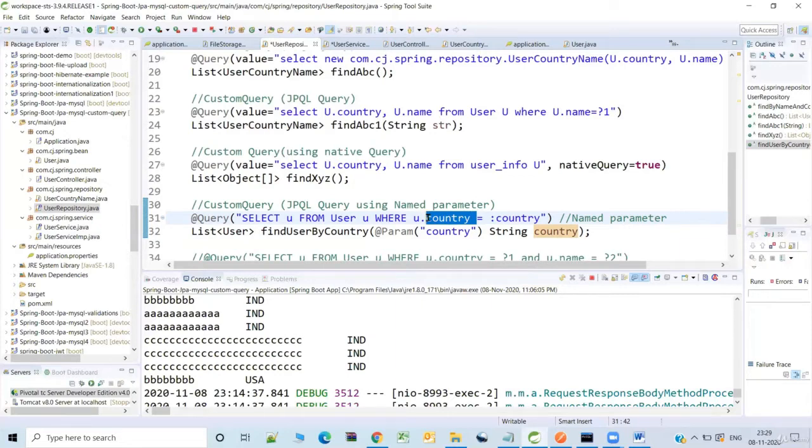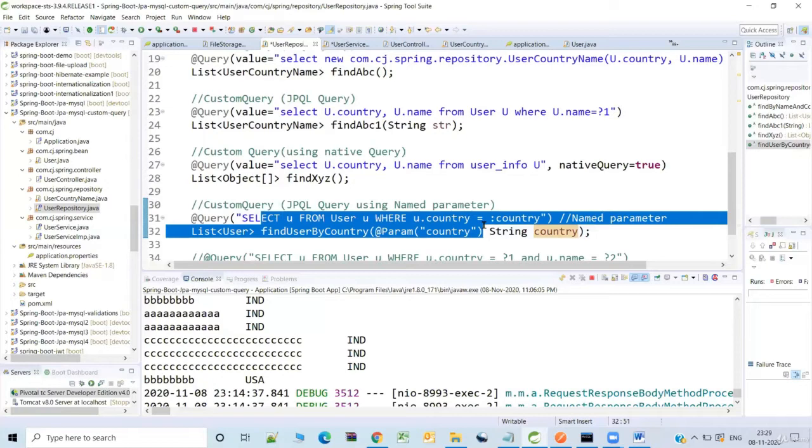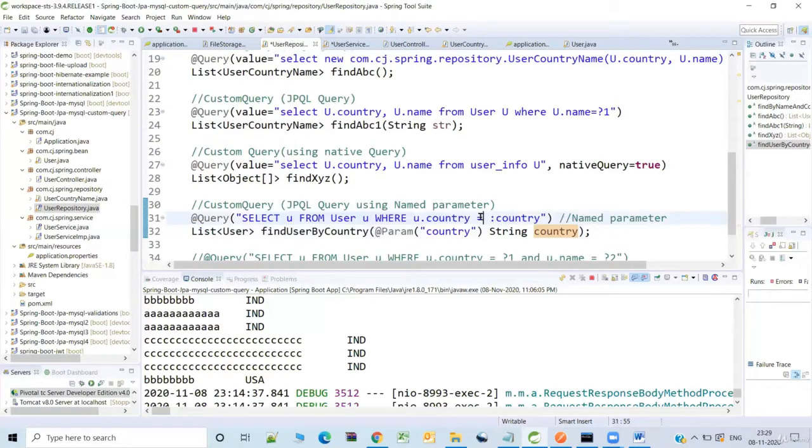Okay. Now the question is, what is this column country? See, here I'm trying to select all the users who have so and so country. It is not a like operation. It is exactly equals. Right. See here, I'll be receiving the country and we need to use the @Param annotation and give some alias name to that so that I can refer to it in my JPQL query. That is the reason I gave an alias name, which is actually the same as the actual parameter name, but it can be different. For example, it can be pCountry and you can specify pCountry here. Fine.